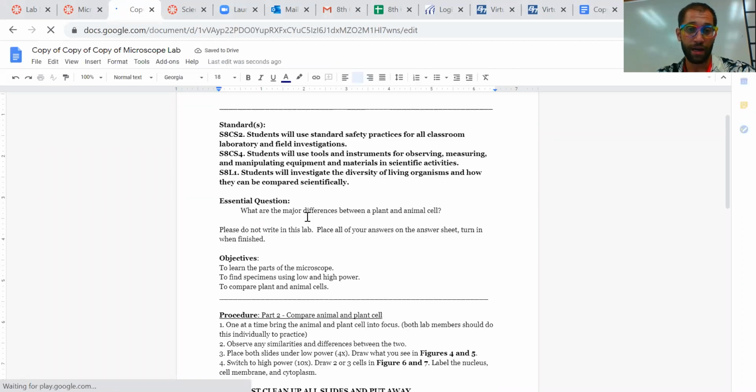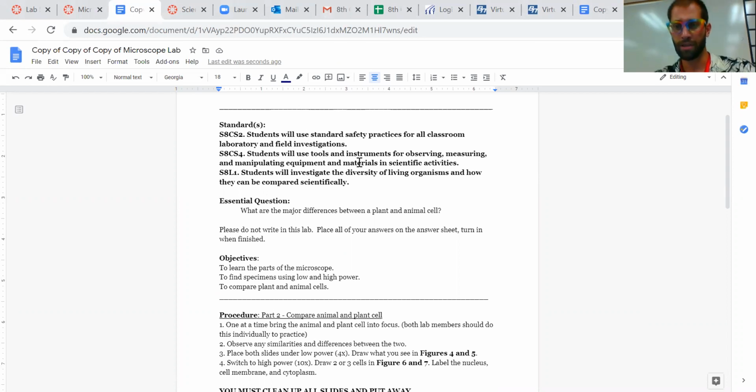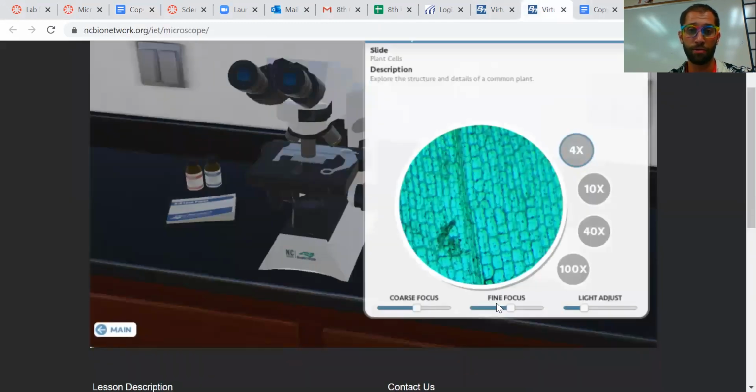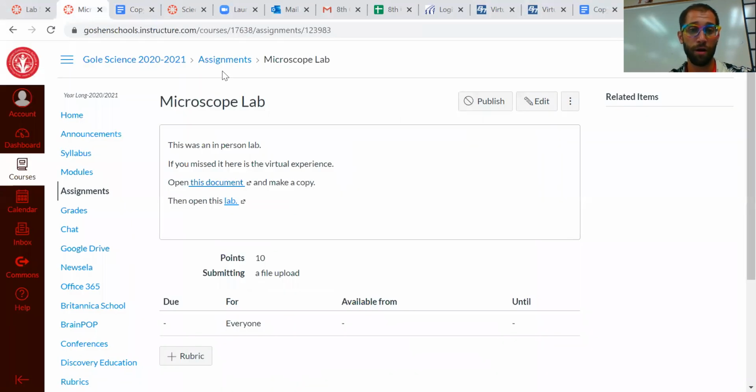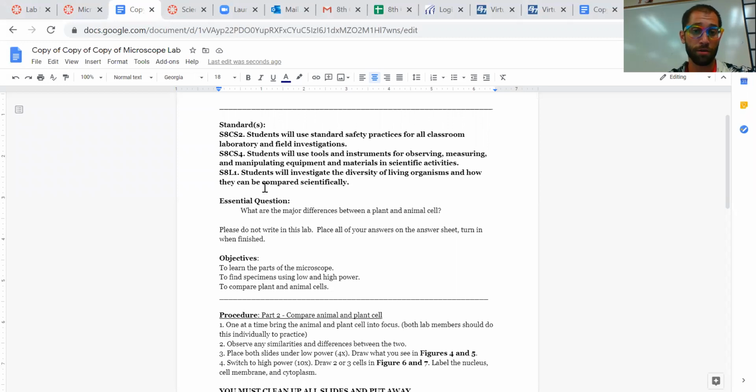We have our objectives. What's expected of you for today is that you'll be able to understand some safety practices. You'll be able to use tools and instruments. So you're going to learn a little bit, using a simulated microscope, how to zoom in and out using the coarse and fine adjustment focuses. Using this, we'll learn how to use a coarse and fine focus in a little while. You guys will also be able to